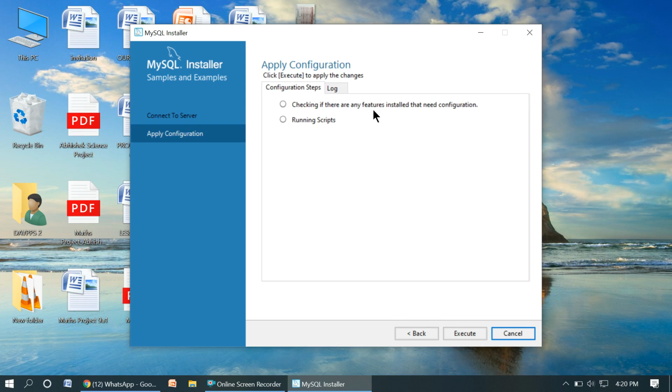Right, now configuration steps, checking if there are any features installed that need configuration or running script. We'll just click on execute. You can see a tick on one, and for another we are still waiting. Look, even with full speed net it's taking that much time.